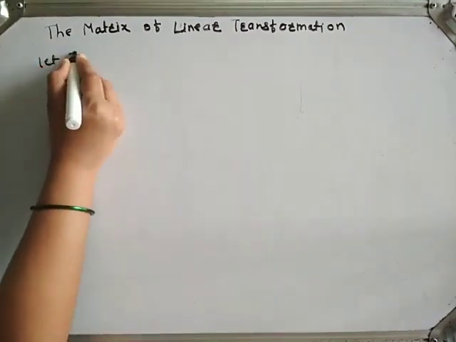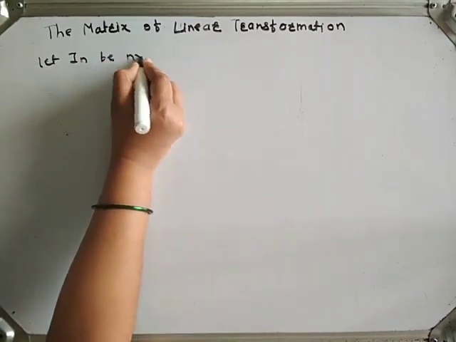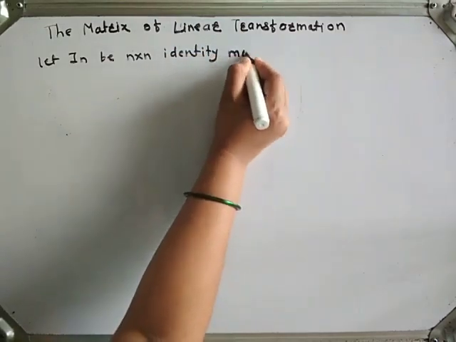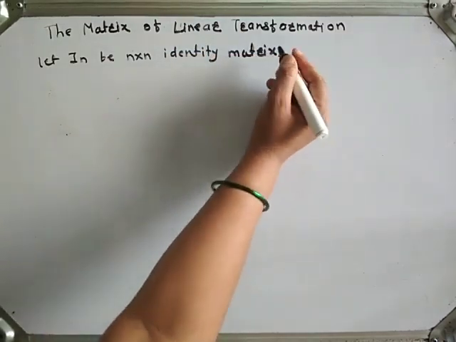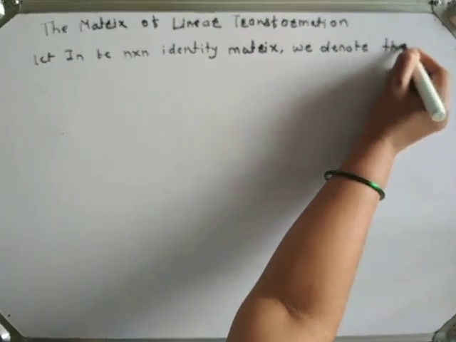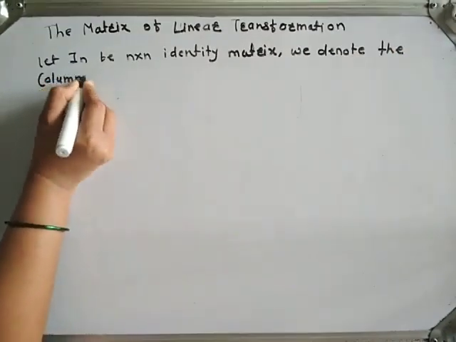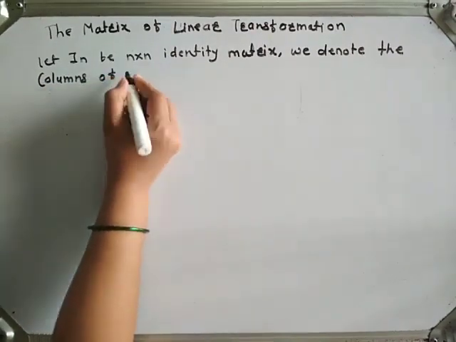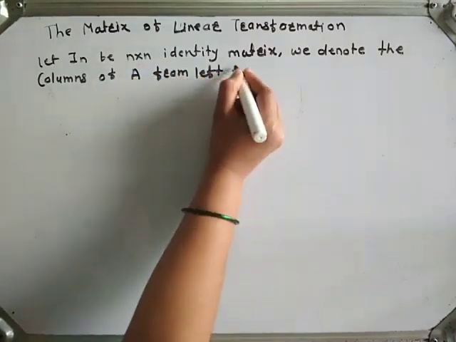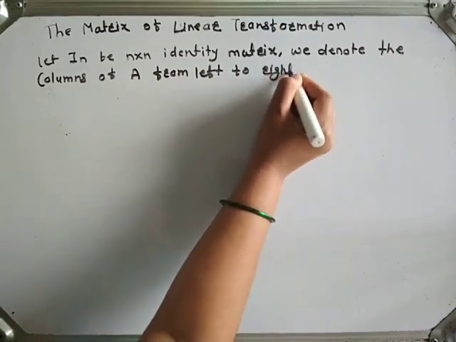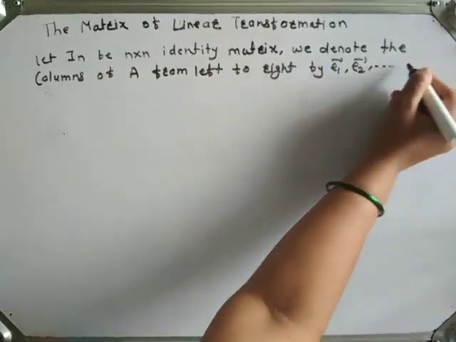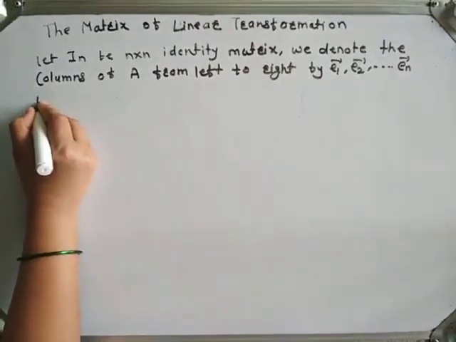Let In be the n by n identity matrix. We denote the columns of In from left to right by E1 bar, E2 bar, and so on up to En bar, where